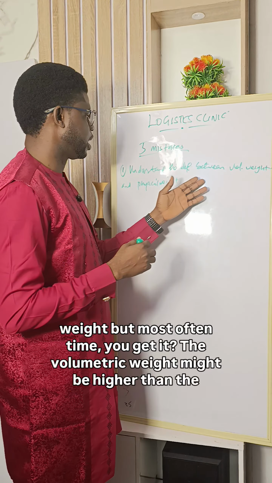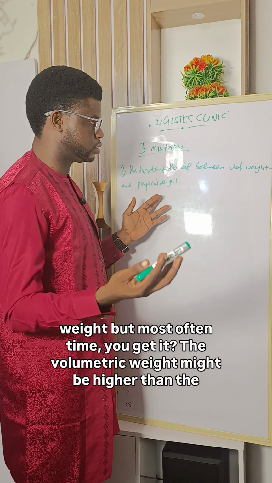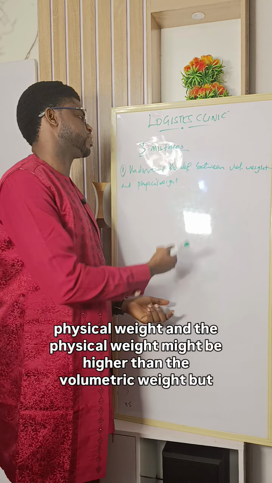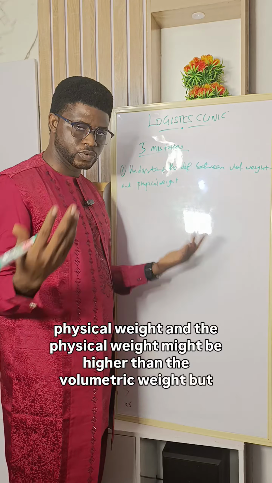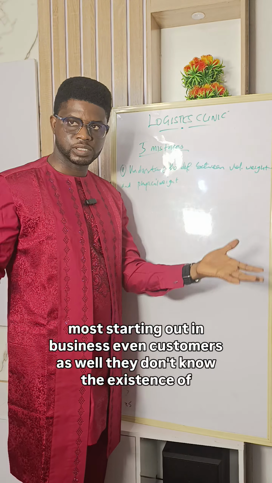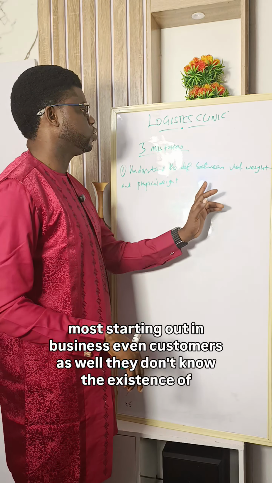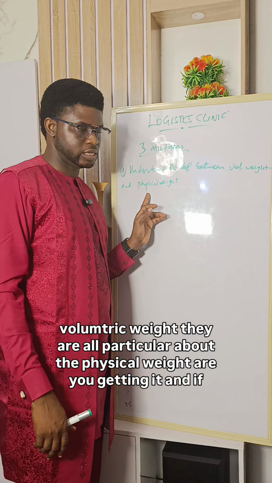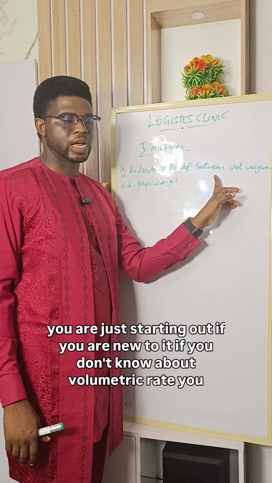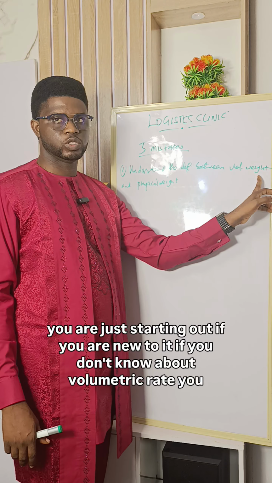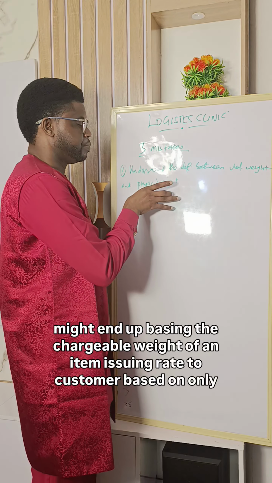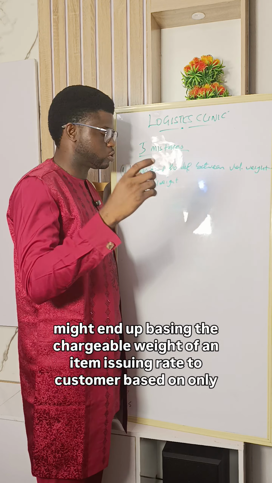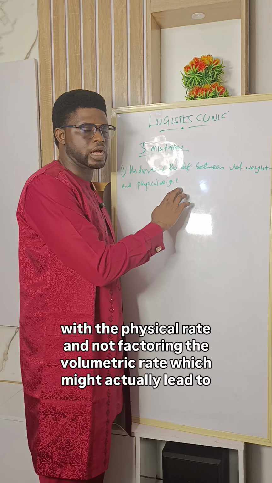But most often, you get it, the volumetric weight might be higher than the physical weight, and the physical weight might be higher than the volumetric weight. But most people that are just starting out in business, even customers as well, don't know the existence of volumetric weight. They are all particular about the physical weight. I get it. If you're just starting out, if you don't know about volumetric weight, you might end up basing the chargeable weight of an item, issuing a rate to a customer, based on only the physical weight